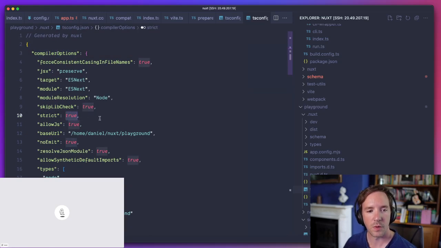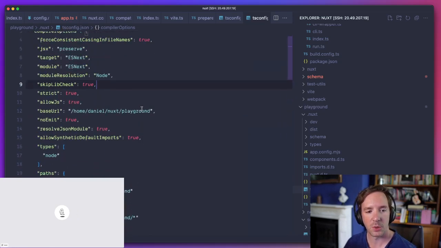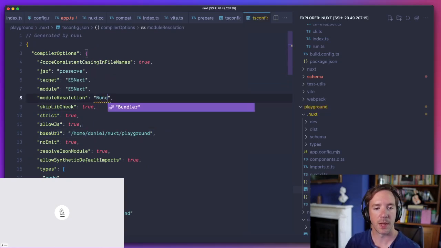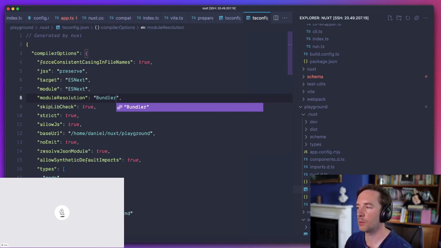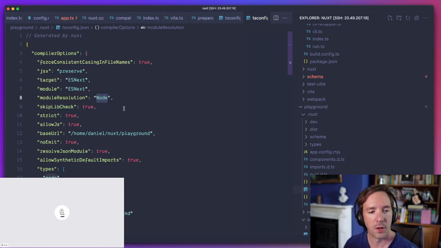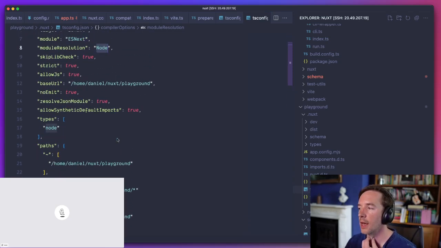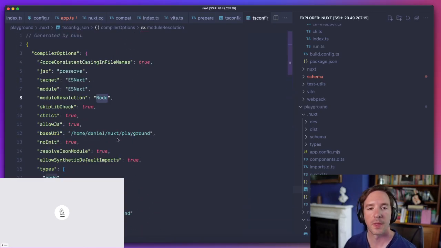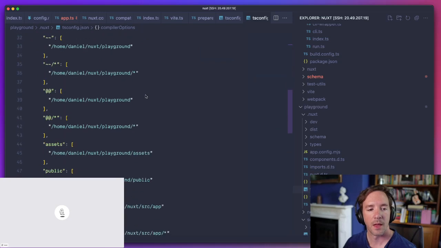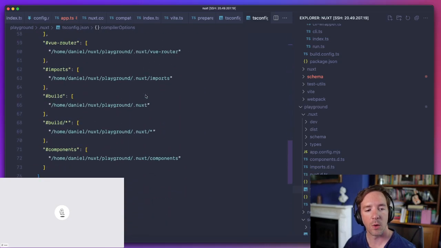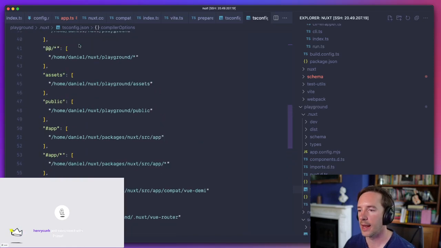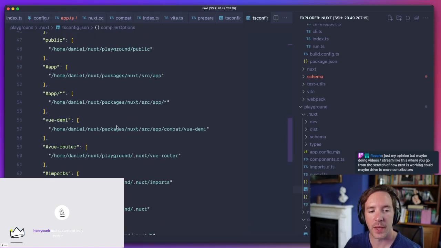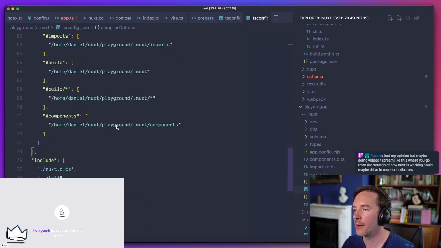There are probably some things we could change. We're going to get rid of the base URL, I think, and change the module resolution to bundler. We already support it and, in fact, have a test suite that tests for it. So we have this default TS config, and users can change it; there's a hook that we call that lets them modify it. And we add all of the virtual files and aliases that we have. All the aliases that we add, we expose to TypeScript so it knows about them.